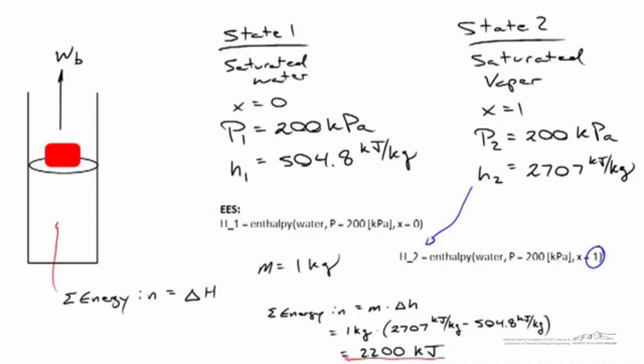So a way to rephrase the question is that to get from state 1 to state 2, we're going to boil it all from a saturated liquid into a saturated vapor. Energy in any form needs to cross the system boundary in the amount of 2200 kilojoules. So it could be 2200 kilojoules of heat coming in, it could be 2200 kilojoules of electrical energy coming in. Any form of energy crossing the system boundary would get us from state 1